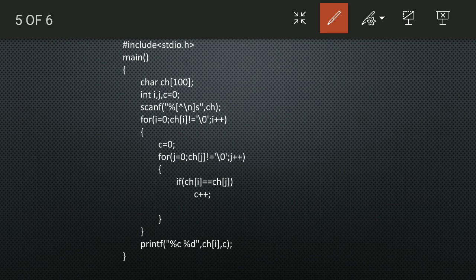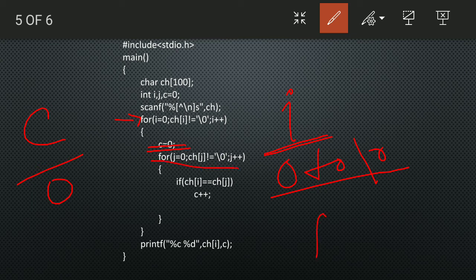So what we are doing is that this outer loop will run with i from 0 until it gets to the null character. Every time it is initializing c with 0, and j also runs from 0 to the null character. That is, for each and every value of i, j will run from 0 to the null character.